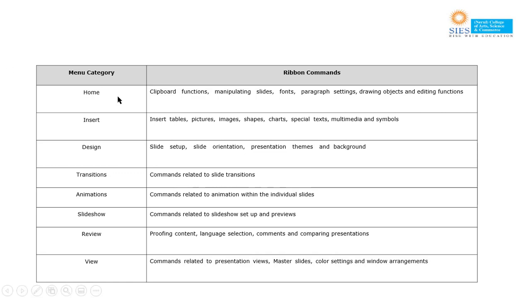The first is Home. So it is a clipboard function, manipulating slides, fonts, paragraph settings, drawing objects and editing function. Second is Insert. It will insert table, pictures, images, shapes, charts, special text, multimedia and symbols.